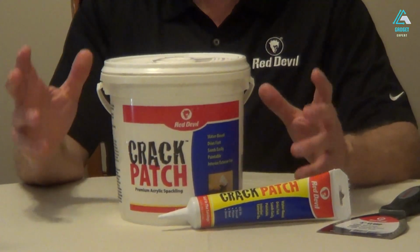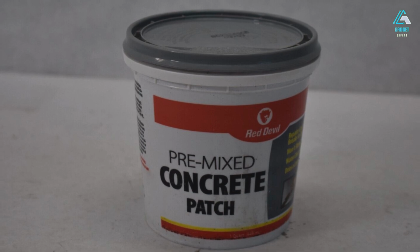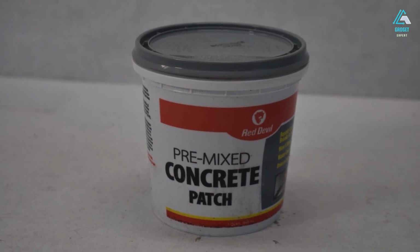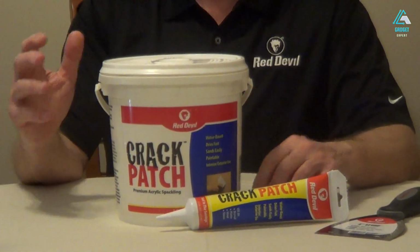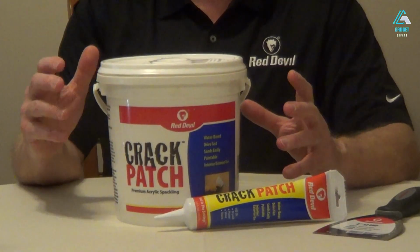It adheres strongly to concrete and dries to a light gray color, providing a smooth and professional finish. The application process is simple. Clean the crack, apply the patch using a putty knife or trowel, and smooth it out. Drying time varies, depending on the thickness of the application, but it typically takes 24 to 48 hours to fully